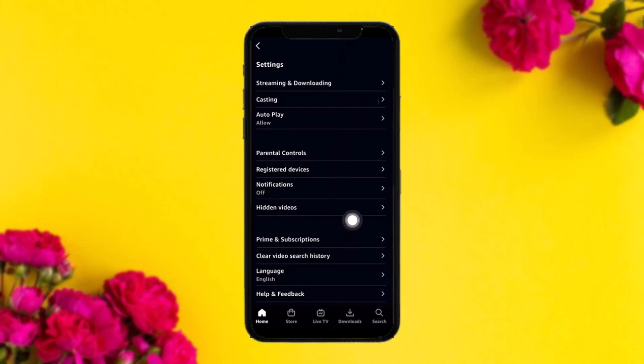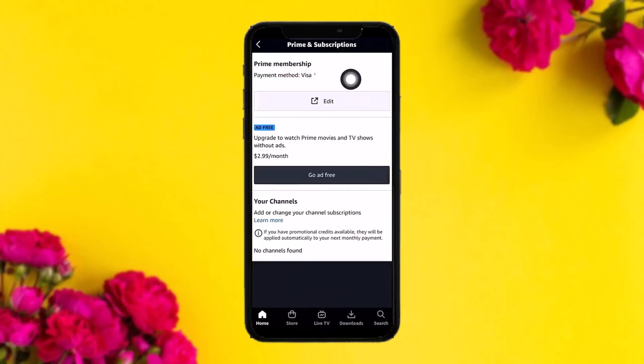Now here what you need to do is select the option that says Prime and Subscriptions. And now once you tap on it, you'll be sent to your Prime and Subscriptions. Now you can see there is no option given to you to check your Amazon Prime expiry date on the mobile apps. So what you need to do is head over and open up your Amazon app, and